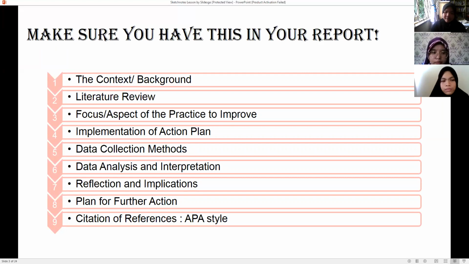The second last one is the plan for further action, meaning that after you have conducted your action research, what are you going to do to enhance your findings and make another research. And the last one is the citation of references, which will be written in APA style.